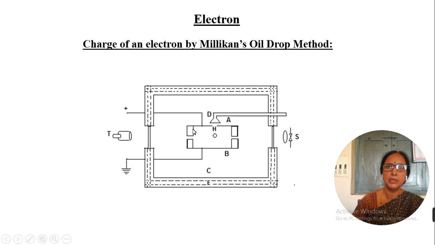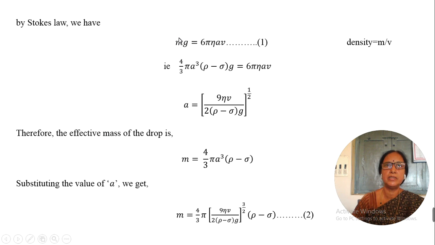To begin with, the plates are brought in contact with each other so that no electric field is acting on the drop. Then applying Stokes law, we can equate the forces. This is the force experienced by the drop due to gravity. This is the force experienced by the drop due to viscous drag. In equilibrium, these two can be equated. Let me call this equation number 1, where m is the mass of the drop, g is the acceleration due to gravity, eta is the coefficient of viscosity of the air medium, and a is the radius of the drop,